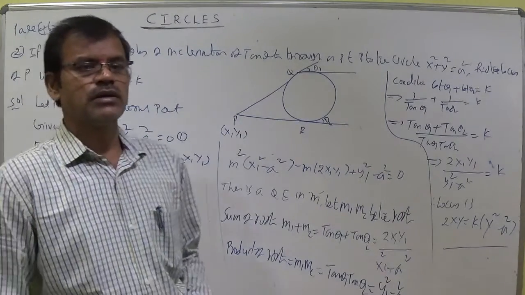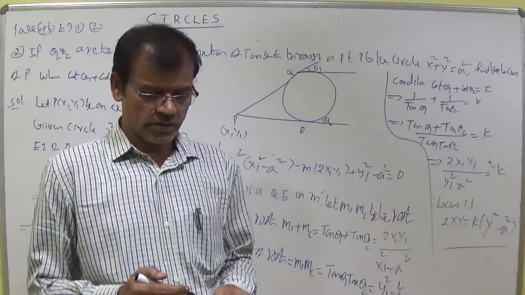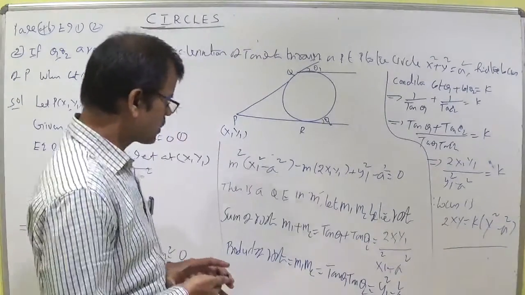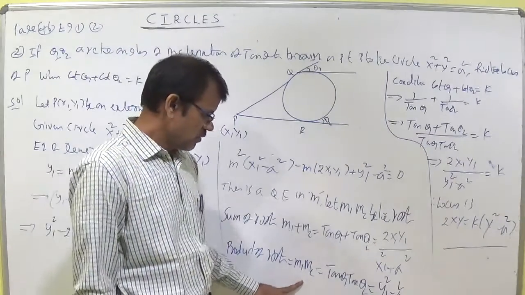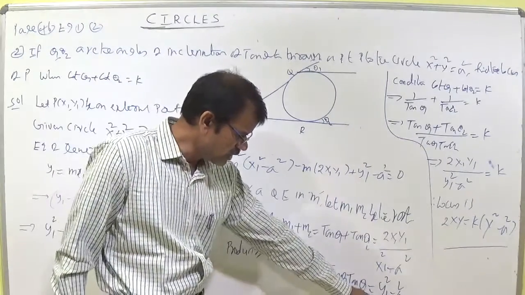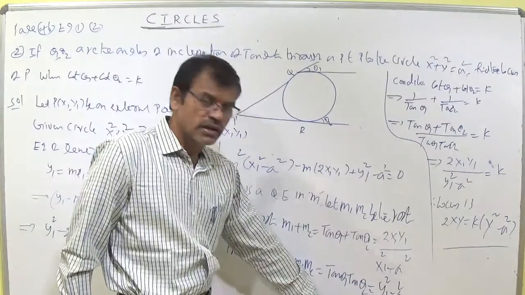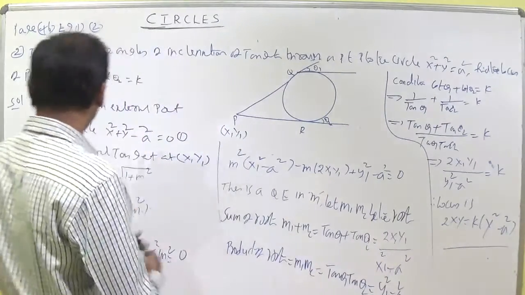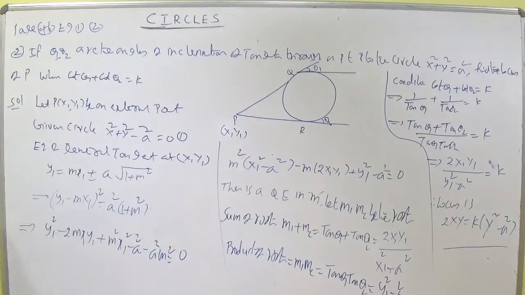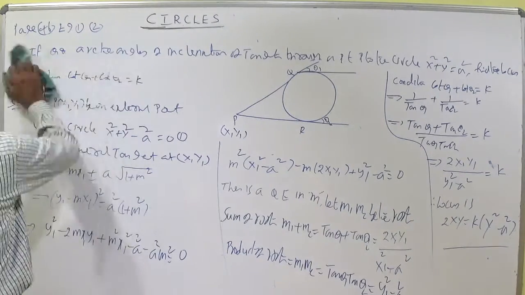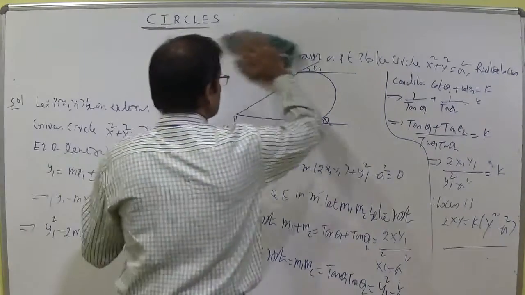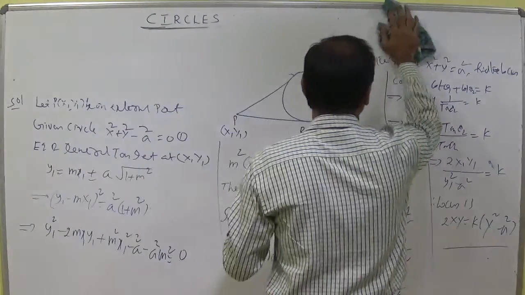If the tangents are perpendicular, what will happen? The product of slopes should be minus 1. If it is minus 1 here, you can put y1 square minus a square by x1 square minus a square. So putting minus 1, no time writing, next point which is required, and it is a sum also. Depends upon this sum, I want to discuss with you, if the tangents are perpendicular, then what will happen?